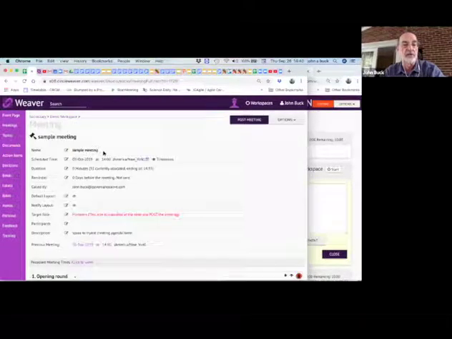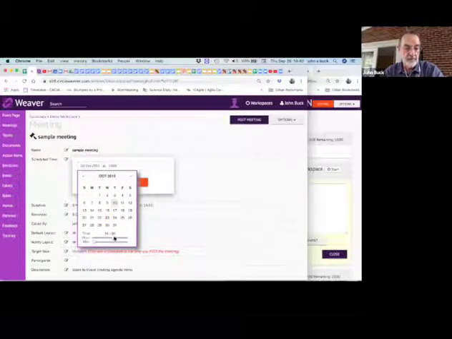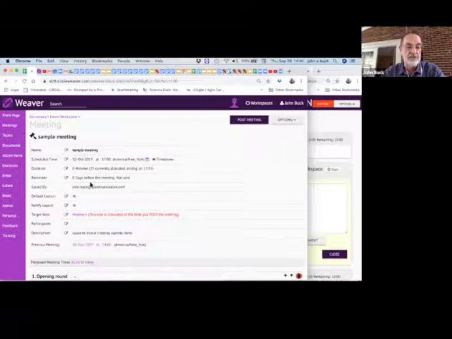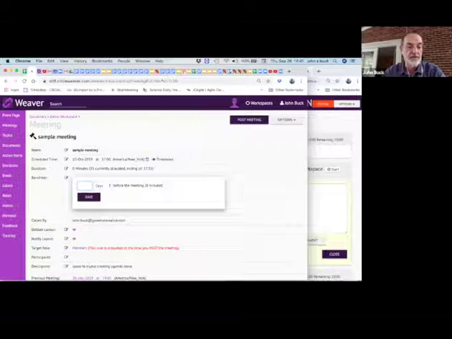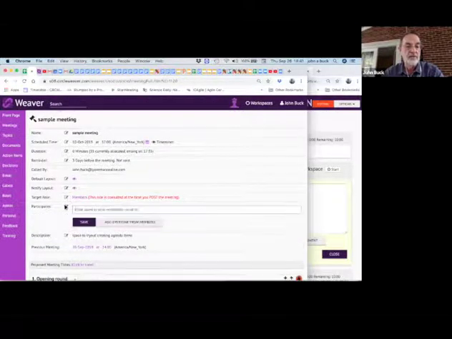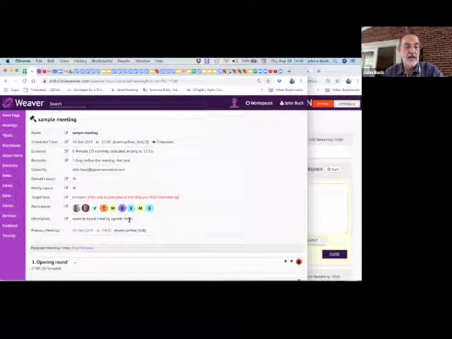I can go in here, and this defaults to ahead to 1 week, but we say, no, we actually want to have it on the 10th of October at 5 in the evening, and I'm on Eastern time. But this automatically resets the time for everybody when they receive it. We want to remind everybody 3 days in advance, and I want to have a different layout and so forth, and I want to have the participants be everybody who's in the meeting. So I save that, and I go ahead and I